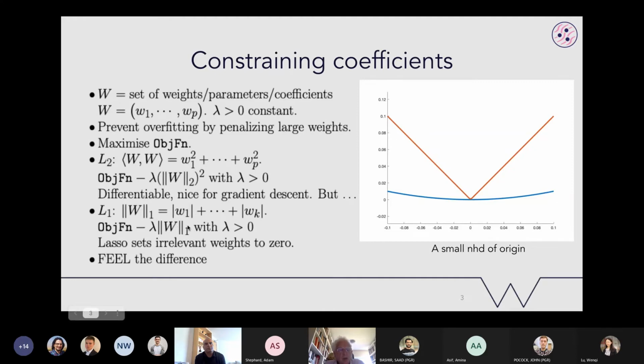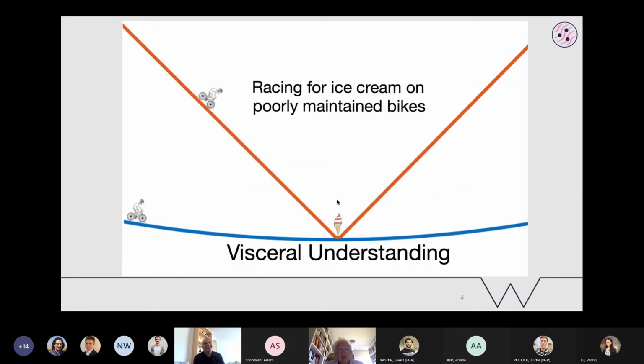An L1 penalty tends to clear away the small weights, the irrelevant ones. And now I want you to feel the difference, feel it in your gut rather than in your head by doing mathematics. So I've made this slide with two cyclists racing for an ice cream at the bottom, and